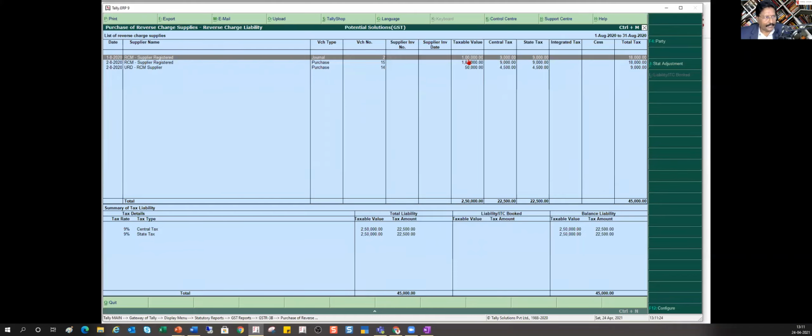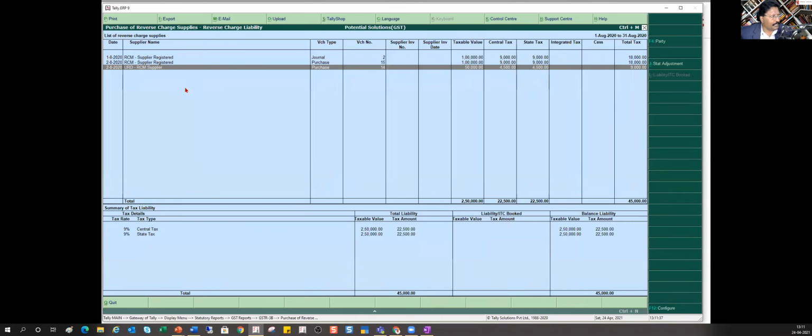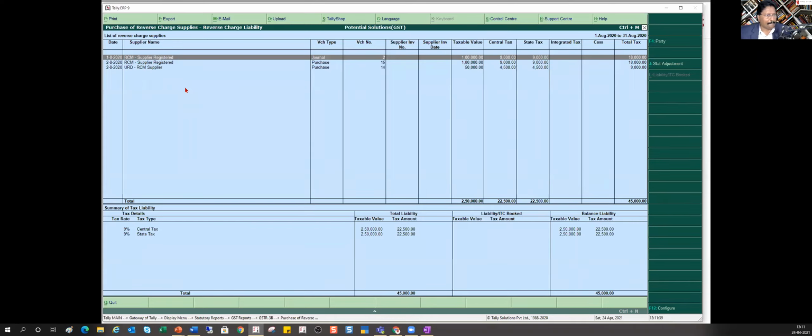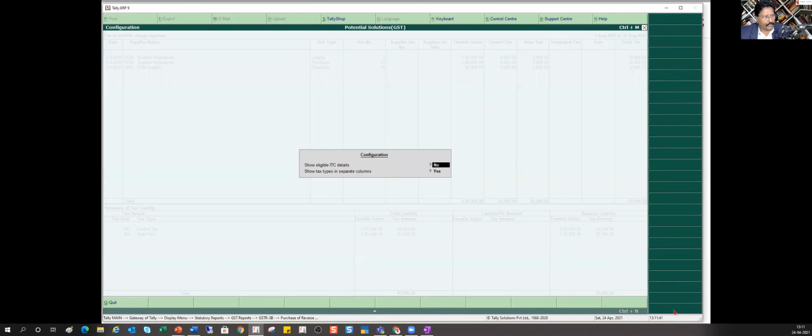And these are the taxable value breakup for each type of supply, whether it is your RCM supplier, URD supplier or your registered supplier. Press F12 configuration.